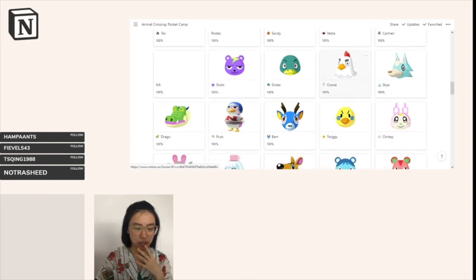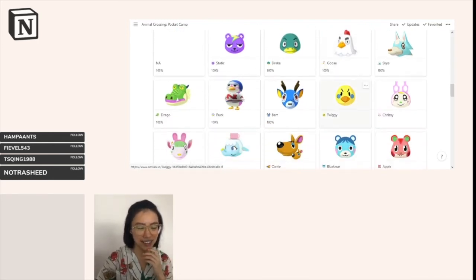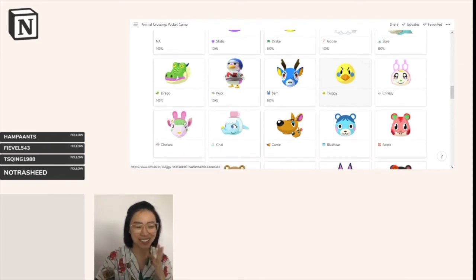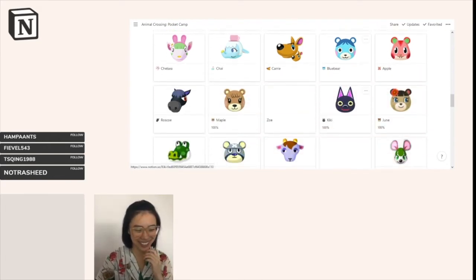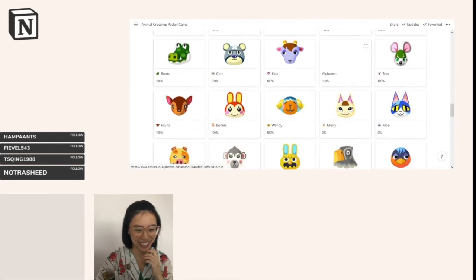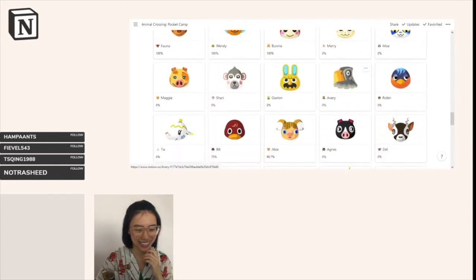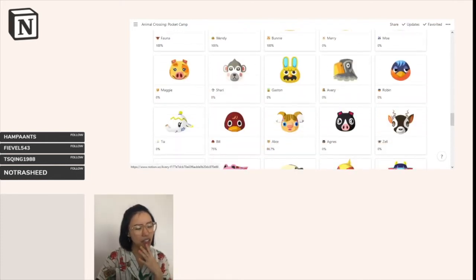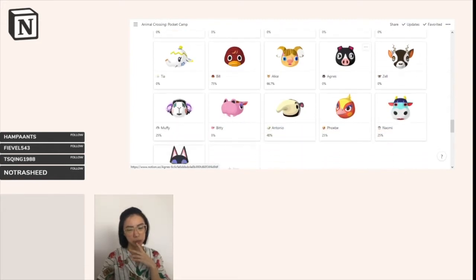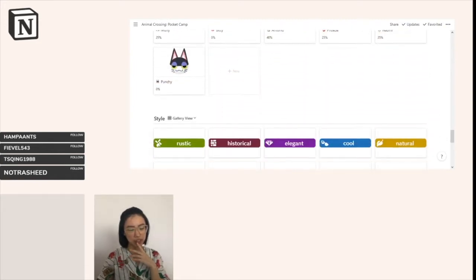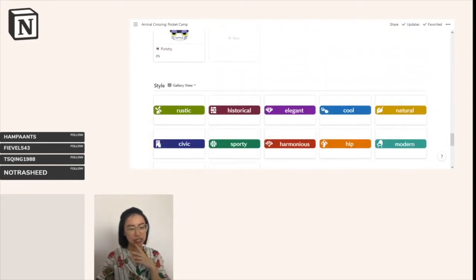Okay, so let's get scrolling. Not all the images are inside. It's really, really time consuming to do this, so I just do whatever I can. You can see there's a lot of villagers. I can't remember if there's a full list or not. Okay, and next one is